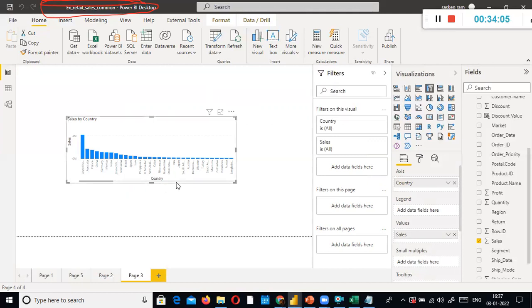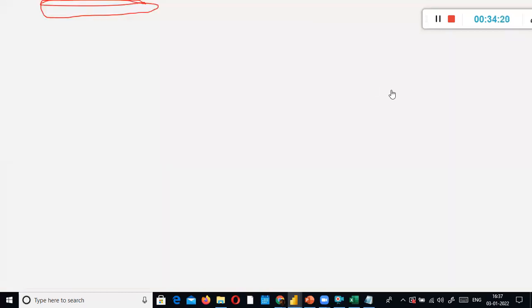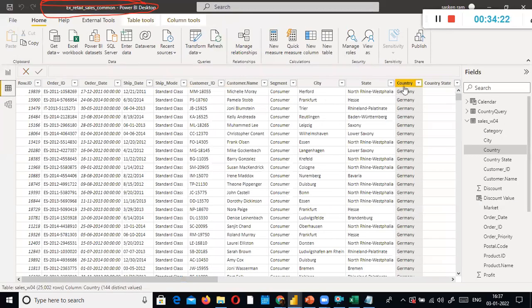Here I did not map that parameter with the data set. That is the problem, and that is why it is not showing correctly. Whatever you selected, you need to map it with this column.